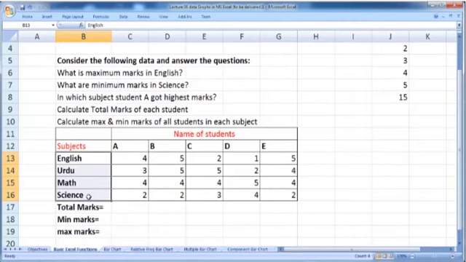Suppose in a certain quiz students obtained different marks, where the total marks in each quiz are 5.